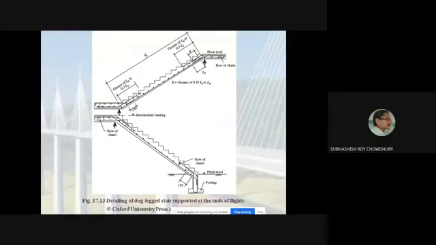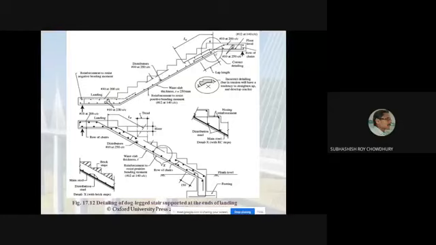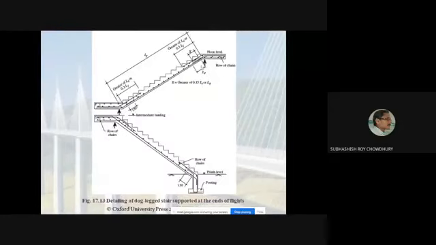The same type of reinforcement you should provide here also. Whatever steel you are providing here will be extended in this way, but there should be a specific steel here from this point to this point, which is slightly different from this one. There is no beam here, but if there is a beam at this location, then the arrangement will be like this. This steel will be extended to this point, then extended at the top, and it will be like this. So this arrangement you should maintain. You will get this diagram from SP34 also. A similar kind of diagram is given there.